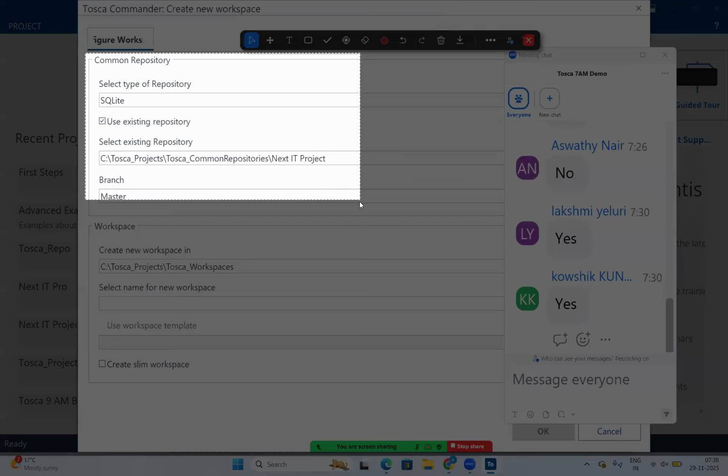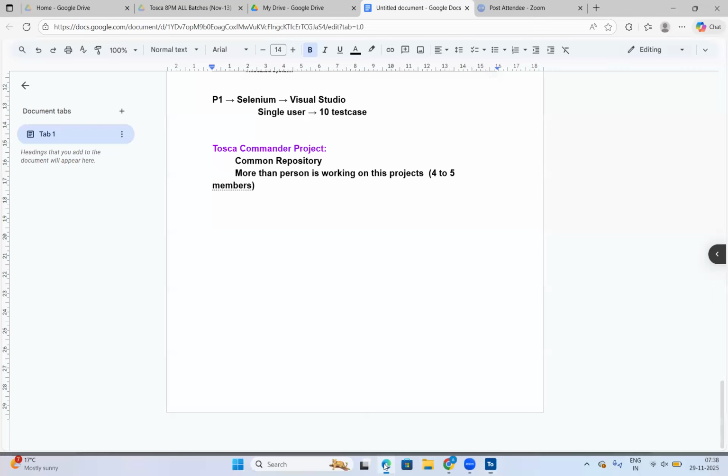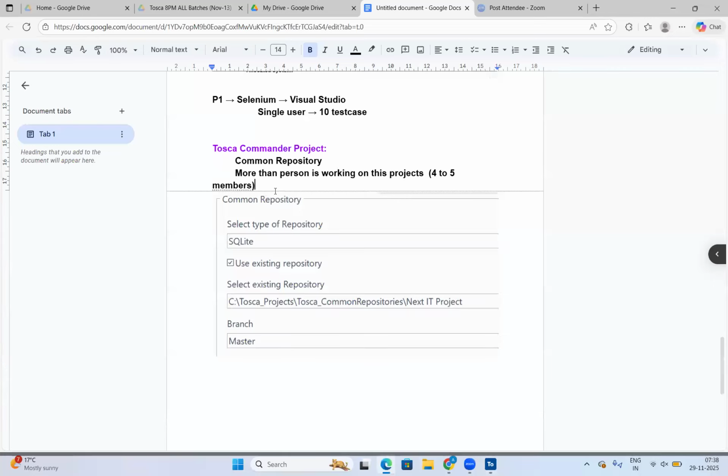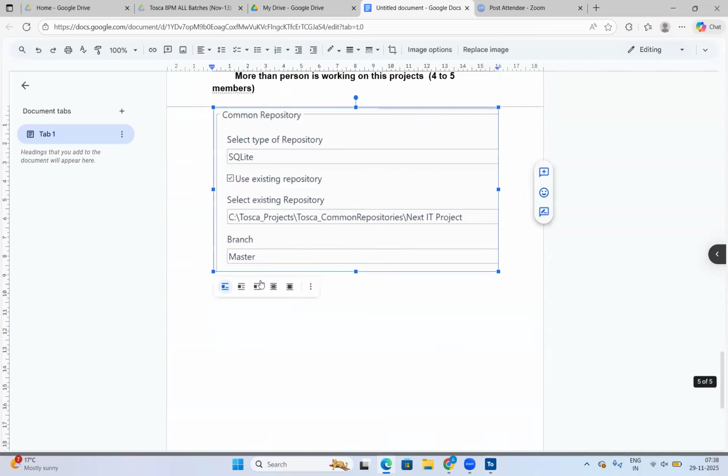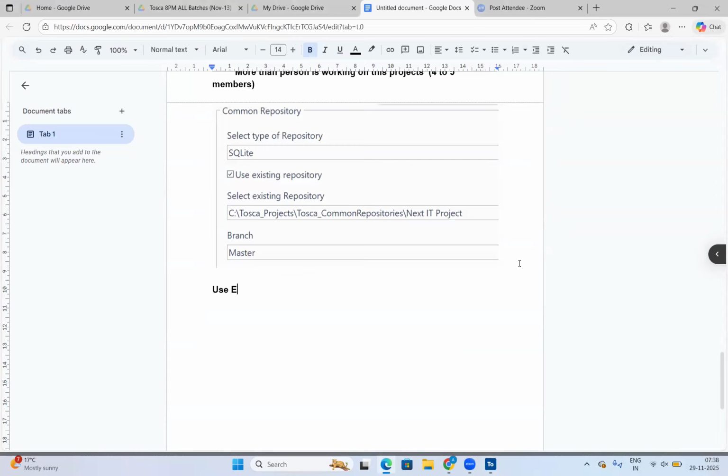In a common user section, if you are seeing use existing repository, what is the purpose of this particular one? So here there are two things. If it is enabled,